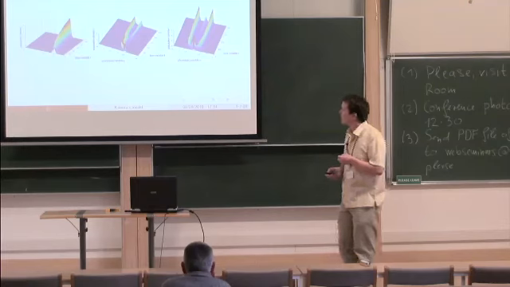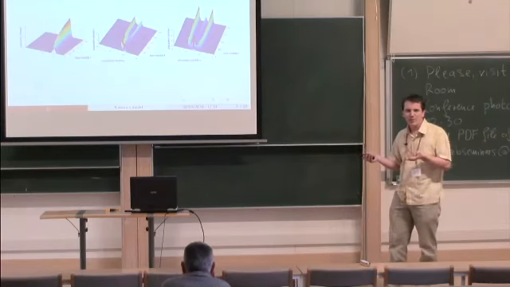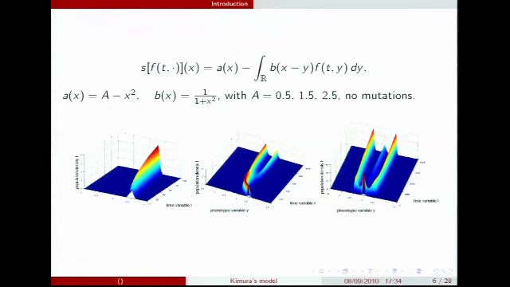Okay. So this model is very easy to implement on a laptop. That's what we have done. And here are some examples. We consider A and B which have shape similar to the one I presented before. And I did simulations for 3 cases, the only difference being the A here, which is 0.5, 1.5, or 2.5. And what we observe is that in the first case, the population converges to 1 Dirac,